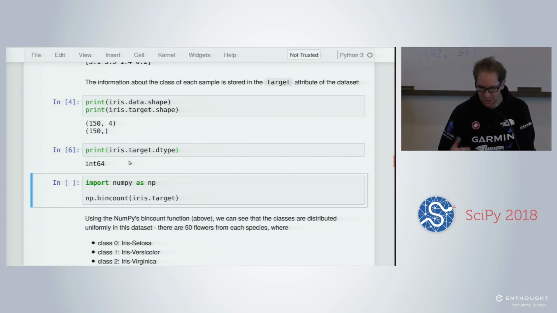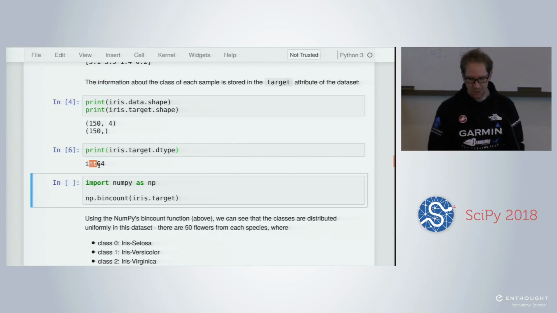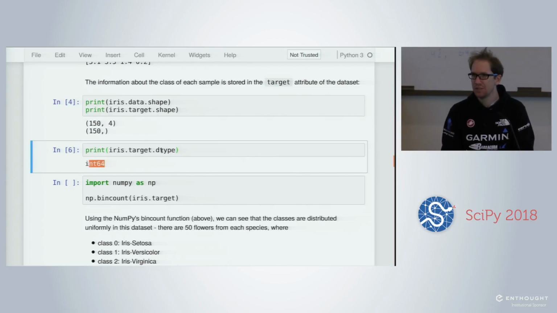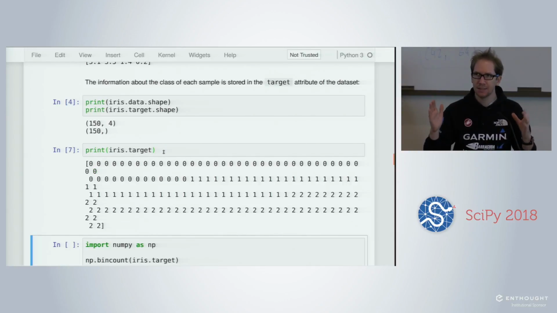and then we check, iris will be a Bunch, which is a dictionary-like type of object, and we can check the keys. We'll see that we have the data, which corresponds to our matrix X, and we'll see later how many features and how many samples.